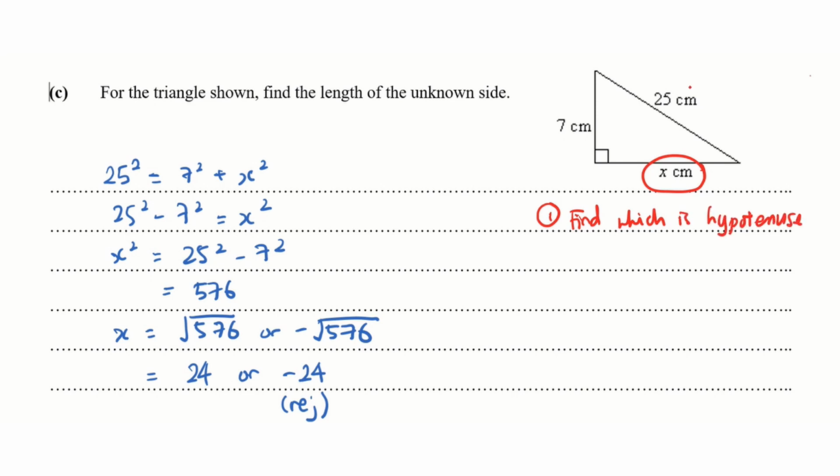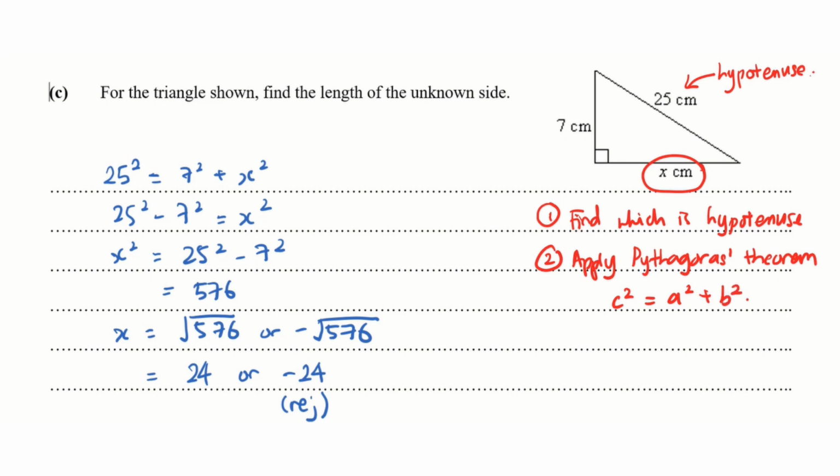So in this case, the 25 cm is the hypotenuse. So when we identify the hypotenuse, then we apply the Pythagoras theorem. Okay, it is important for you to learn how to spell Pythagoras, because later on in this chapter, you are required to continuously be writing these terms. Okay, so apply Pythagoras theorem, which is c squared equals a squared plus b squared, in a very loose description here. So therefore, c squared is actually the 25 squared, okay, and then the remaining sides will be 7